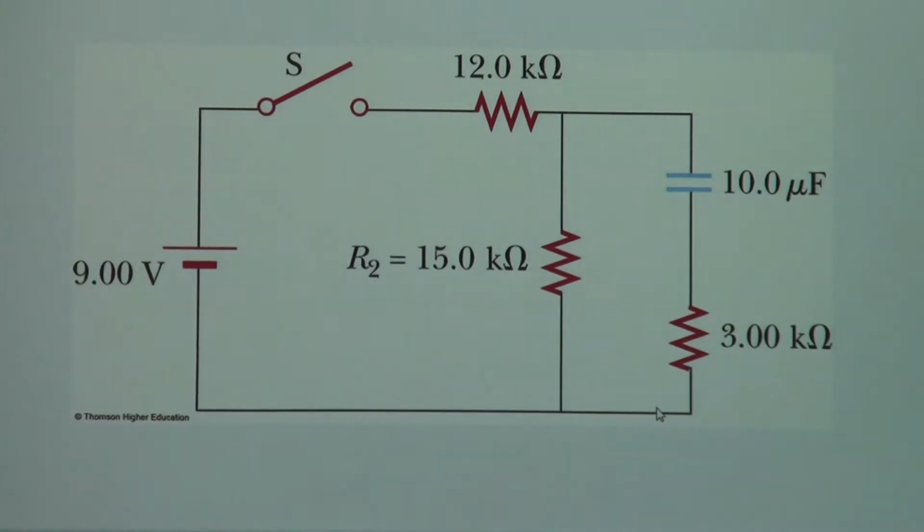Because that's the next part of the question. The next part of the question then says, find A, the steady state current in each resistor, B, the charge Q on the capacitor, and there it is. Now C, open the switch and call this time equals 0. Write an equation for the current in resistor number 2, which is the 15 kiloohms, as a function of time. And then D, find the time interval required for the charged capacitor to drop down to 1/5 of its initial